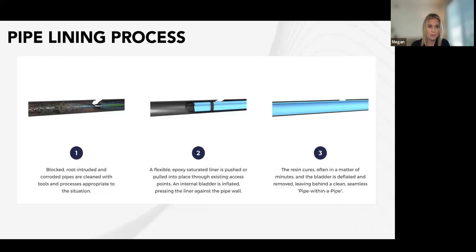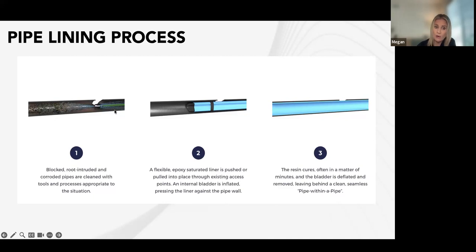Another situation that we may come across is the pipe may be too far gone, either at the bottom where we're having a lot of channeling, water sitting in the pipe, and it's caused the pipe to completely corrode out. And so there's really no pipe at the bottom. We do need a little bit of the host pipe, at least I would say 40 to 60% to be in place to be able to install our liner. In some cases we've had less than that and we're able to get it through. It just really depends on what the condition is of the entire pipe and what our experts recommend for lining.